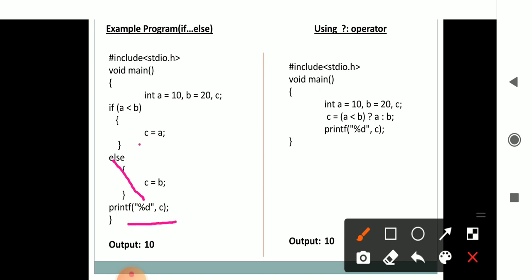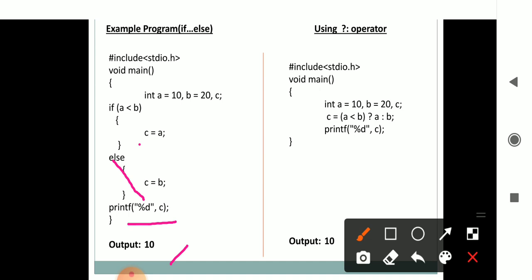As we know, %d is used to specify that c is an integer variable and the value going to be printed is an integer value. So %d comma c, that means we get an output 10, c equal to 10.